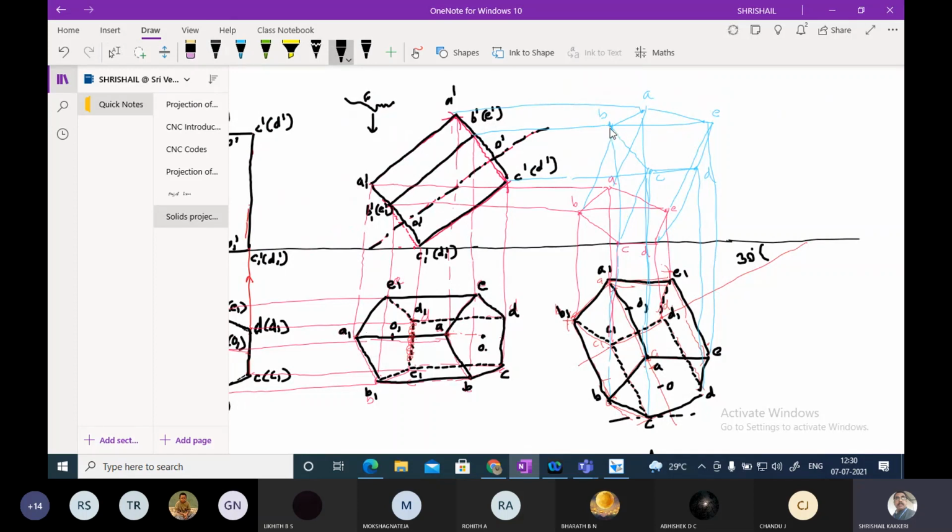Now before that, I am going to join all the outer lines first. I join all the outer lines. Then, as I told you, C to C is visible to the observer. Then the two more edges which are joining will be visible to the observer. After this, the other things are not visible to the observer. You can make it dotted.